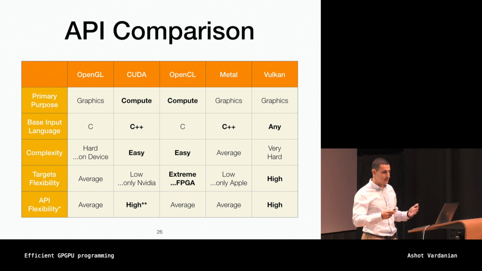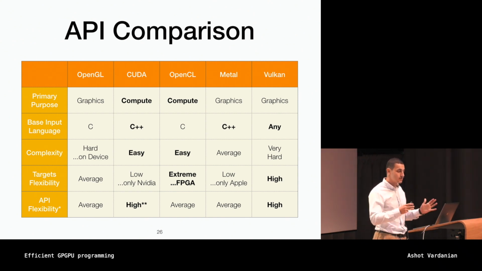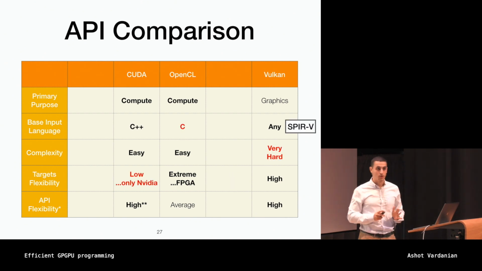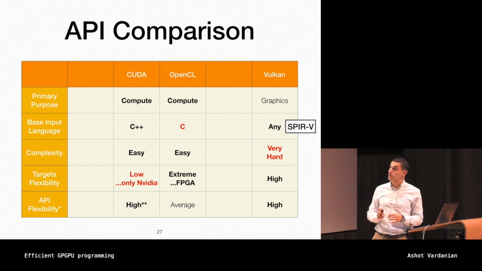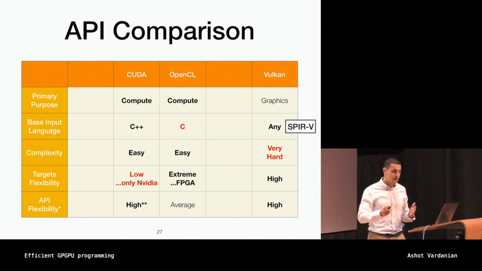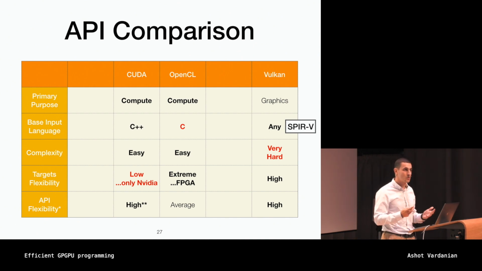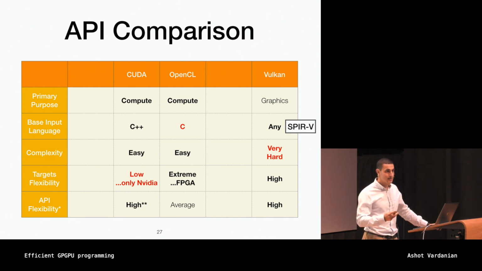So for us to start comparing it, we can take a few key features and build a few charts, but it's too much. Let's clean the clutter and focus on our main priorities today. CUDA and OpenCL are the two main rivals in the GPGPU space. Vulkan is the new contestant. Vulkan is somewhat more generic in a way that it doesn't require you to write your code in a specific language. Vulkan takes a special intermediate representation called the SPIR-V format. And this intermediate representation is very generic, though Vulkan as an API for the host code for the CPU is